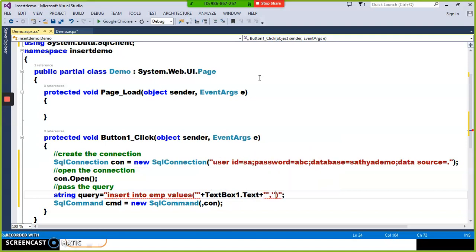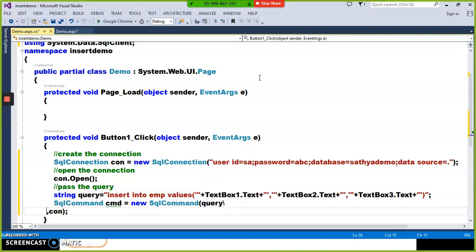Employee number, comma, single quote, double quote, plus second value, TextBox2.Text, again comma, single quote, double quote, plus. That is a format actually. You have to always give the values in that format, single quote, double quote, plus double quote, single quote, something like that. And here you have to pass the query.